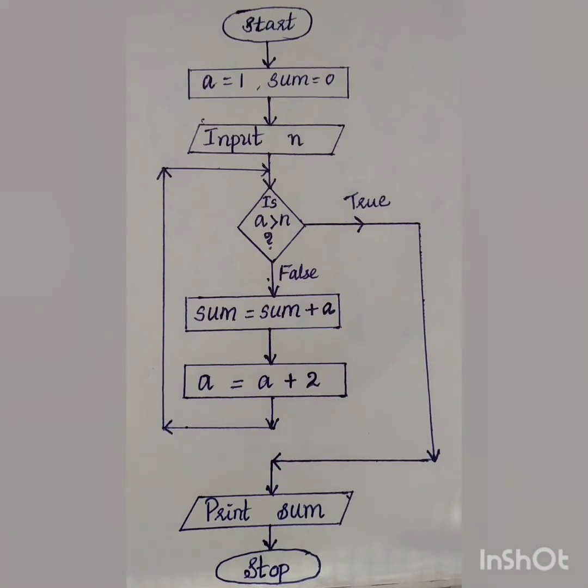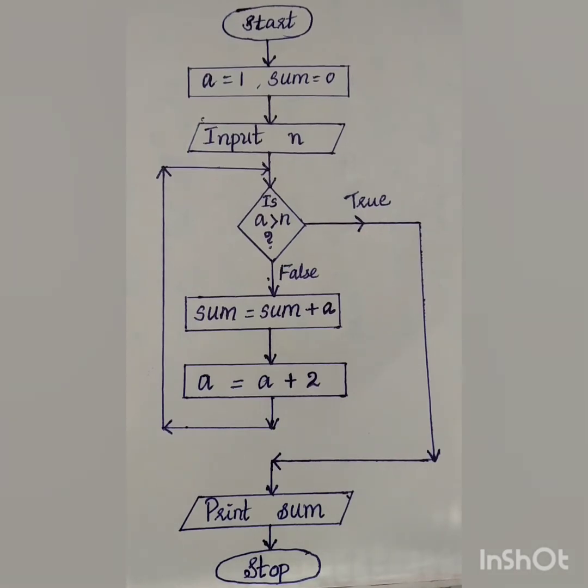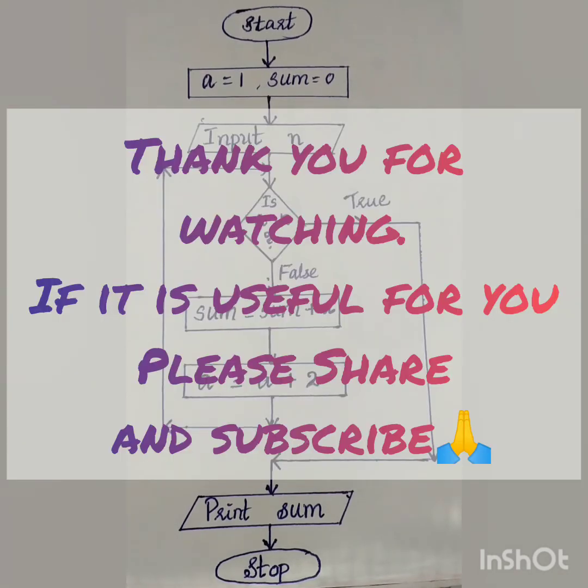And there is another algorithm and flowchart for finding the sum of odd numbers in a particular range. That means it will not start from 1, it may be a range. For example, the sum of odd numbers from 50 to 70, then there is an initial value and a final value or the limit value. So in such a case, how to write the algorithm and draw the flowchart, we will study in the next class.